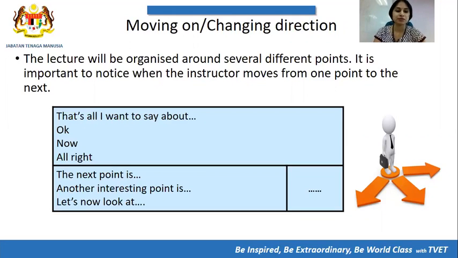All right, here I've listed the examples of moving on or changing direction signal words or phrases. So let's see. That's all I want to say about. Okay, now, all right. Okay, then the next point is, this is very direct. He's saying like the next point is what? Another interesting point is, that means you have to notify them. Okay, another interesting point is, okay, let's now look at